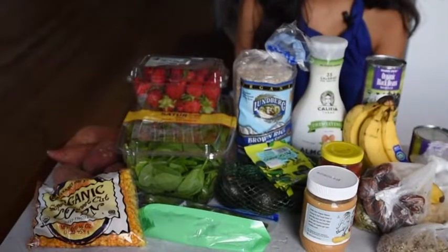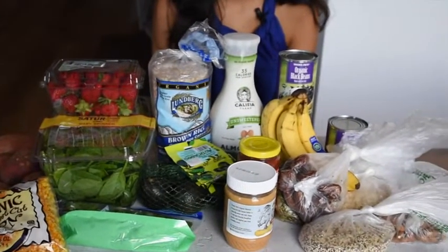Okay, here's everything we got for our vegan meal prep for the week from the grocery store. The first item on our list are bananas, and I have 5 bananas here for the week. Next on our list we have some organic strawberries, and I tend to buy strawberries that are organic or locally